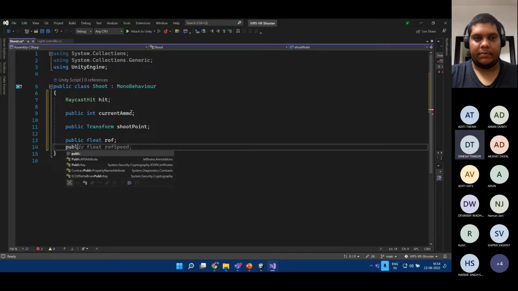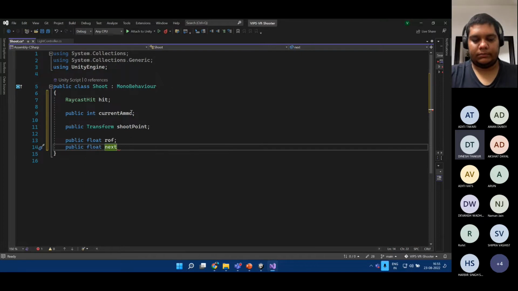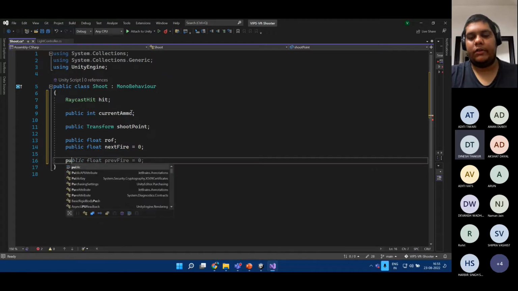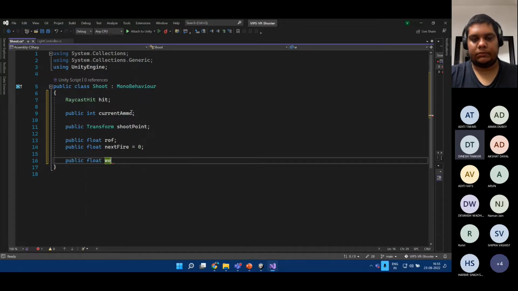And then we have a public float next fire. This will make sense when we write the code below. It has to be 0 when we start. And then we also need to define a range. I've set all these things public. You can also make it private and set it here, but it's better to make it public and access it through the